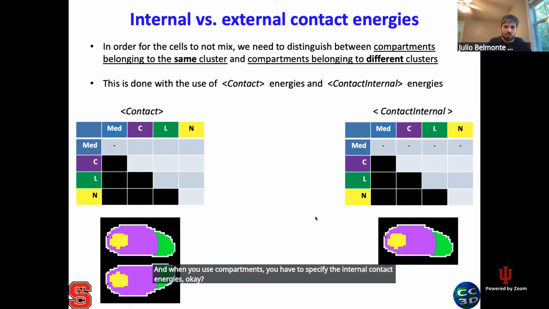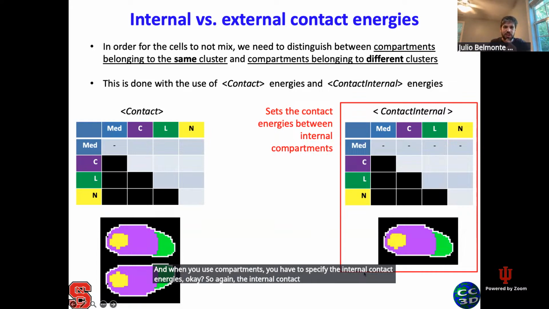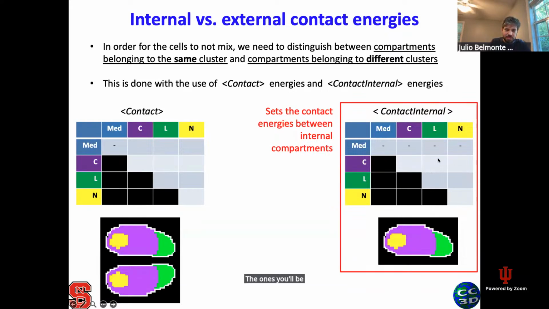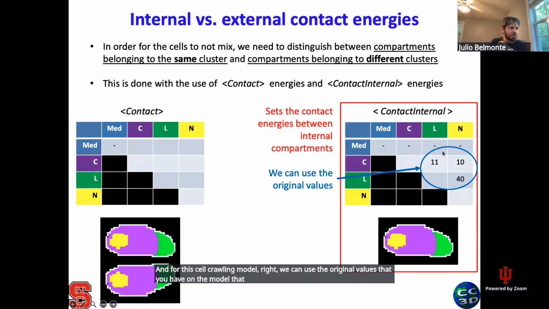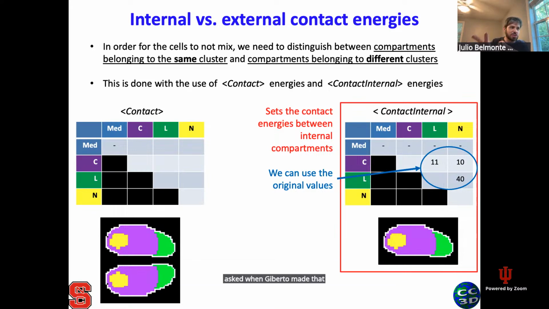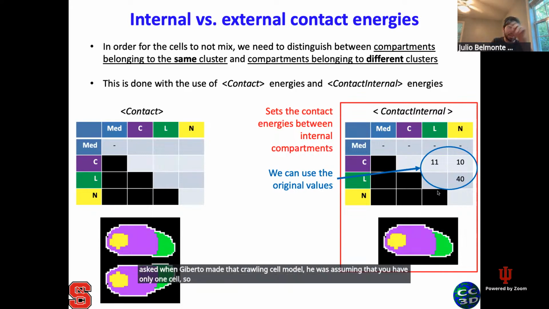Again, the internal contact energies set the energy between internal compartments. So between this one and this one, this one and this one, and the lamellipodium and the nuclei. So those are the ones you'll be specifying here. And for this cell crawling model, we can use the original values that you have seen in the crawling cell model. Because when Gilberto made that crawling cell model, he assumed that you have only one cell. So the energy that he used there should now go to the internal contact energy